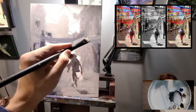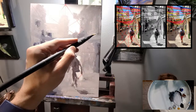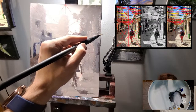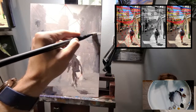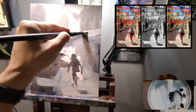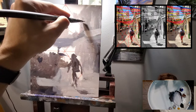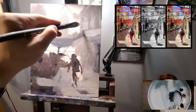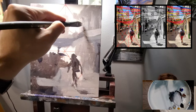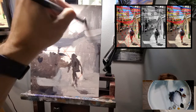Yeah, I really should have done this in. I should have put the on the black and white. I should have put the grid, because I'm having to go back and forth to the black and white to look at the value scale, and then I'm having to go to the color one to do the